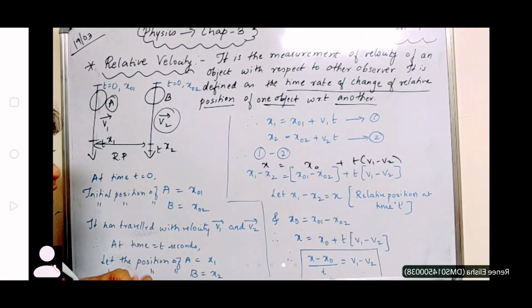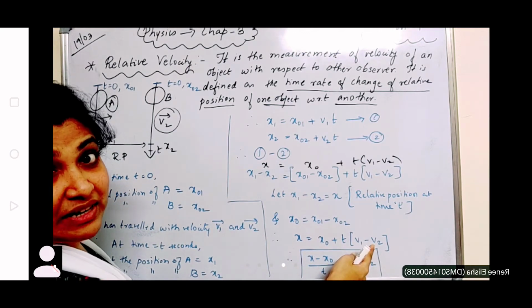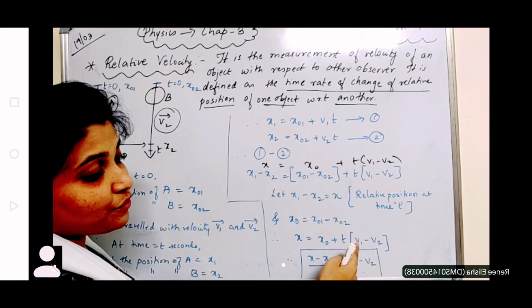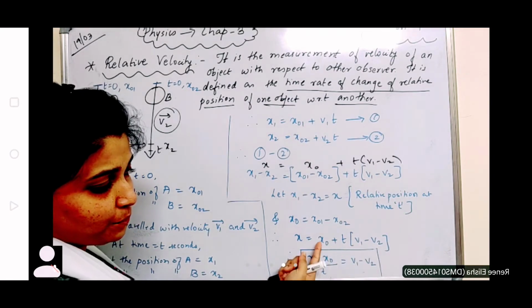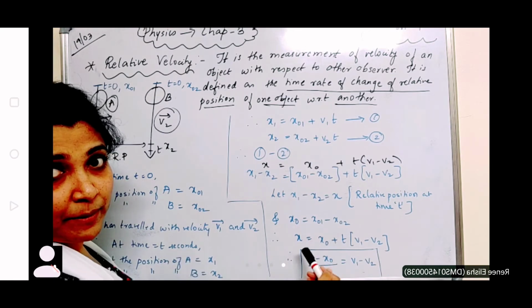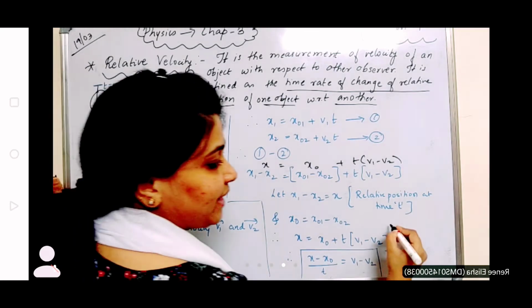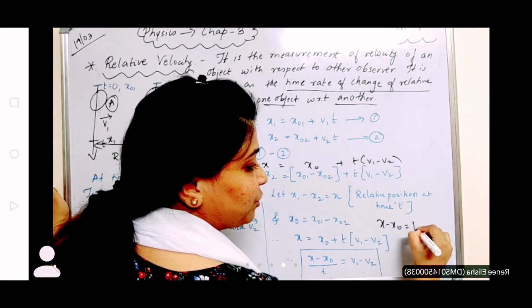So therefore what I'll do now, V1 minus V2 is nothing but relative velocity, right? So V1 minus V2 is equal to, bring this x0 to this side. It will become x minus x0. Plus x0 will become minus x0. So x minus x0 is equal to t into